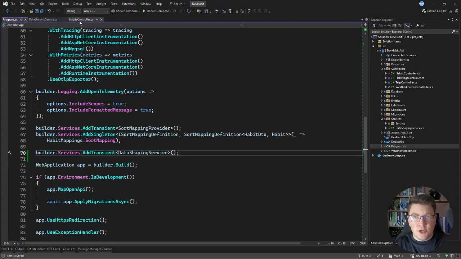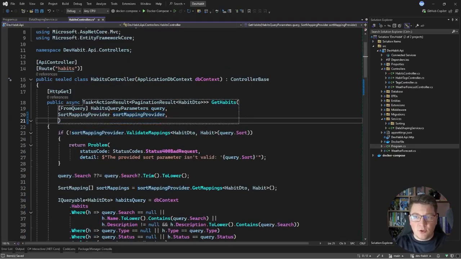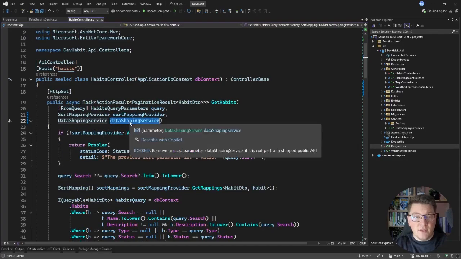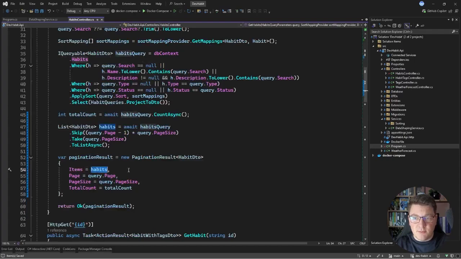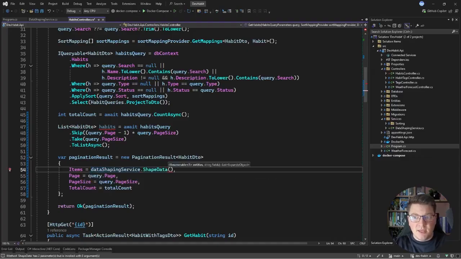Then I need to inject this inside of my habits controller. Let's say right below the sort mapping provider, I inject the data shaping service, and now we can use this service to perform data shaping. So right here, I need to shape my habits. So inside of the pagination result, I want to shape the habit DTO into an expando object. So what we can do is say data shaping service shape data, and we specify our habits and the fields